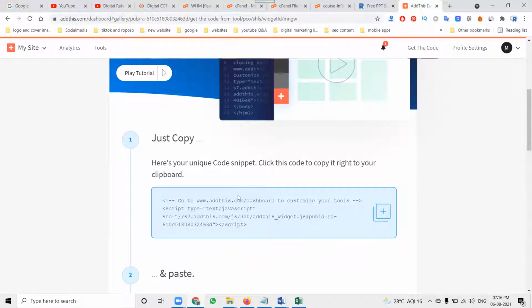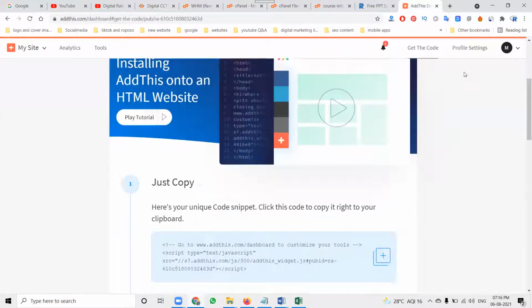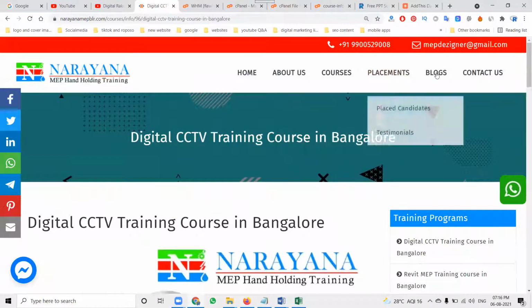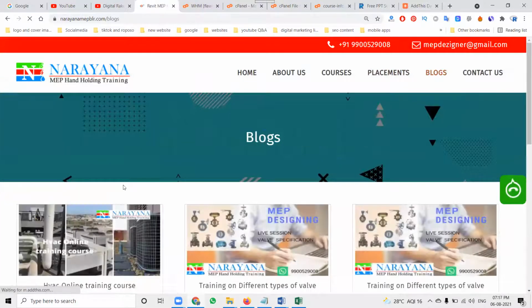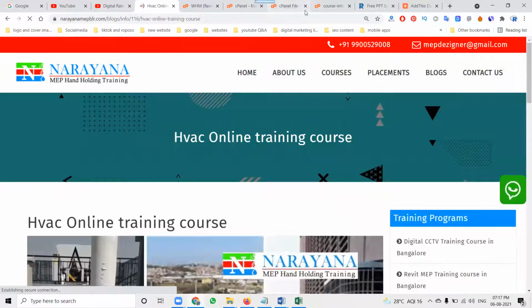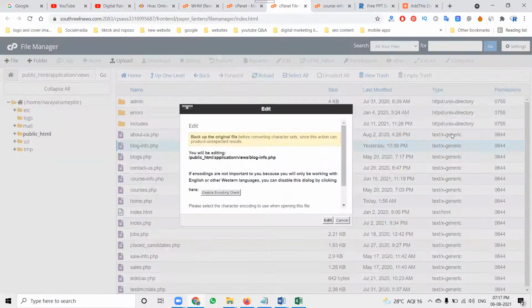Here we can go to get code also. Code is available. So this is the particular method for this option. So add it here. Now I'm going to the blog. Click any one blog. I'm adding it to the blog page also. Edit.